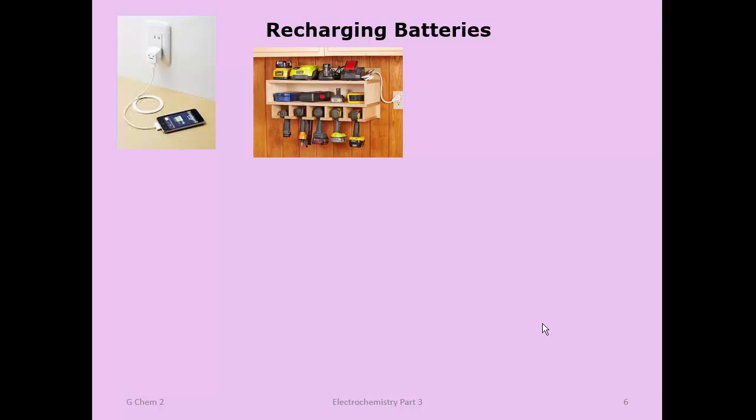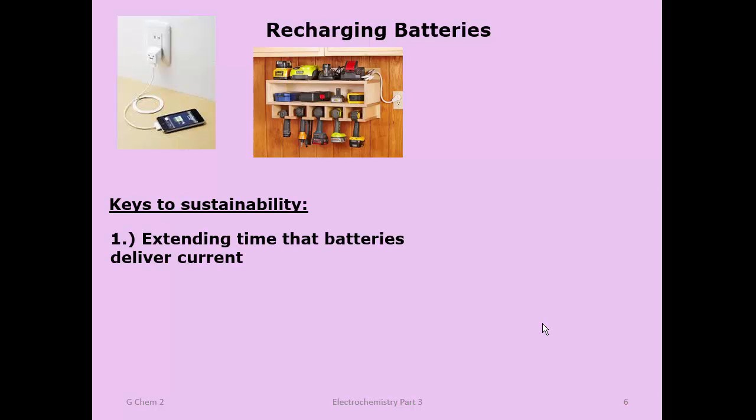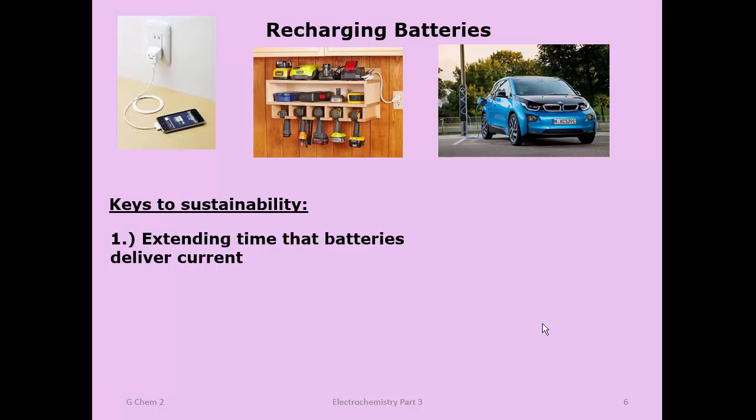So let's start with the recharging batteries, and I've just got a couple pictures here that are probably familiar to you, where you have power tools or you have a cell phone that has a rechargeable battery. The key to the sustainability of this particular activity, which you've seen in your lifetime, is how they've improved. One of the keys is extending the time that batteries deliver current, and I think the most important or relevant application of that is for electric cars, which, as I've put these slides together, this good-looking BMW e-car has a